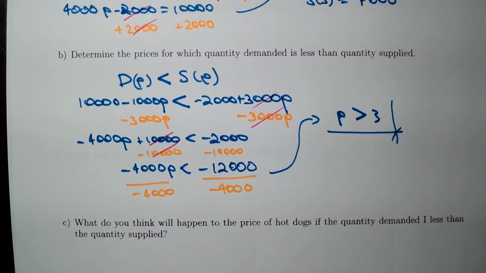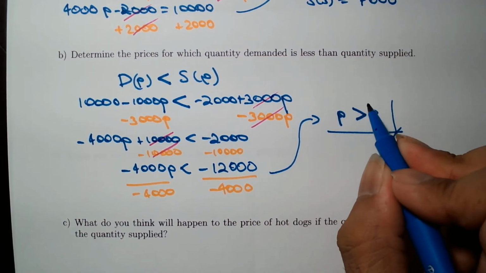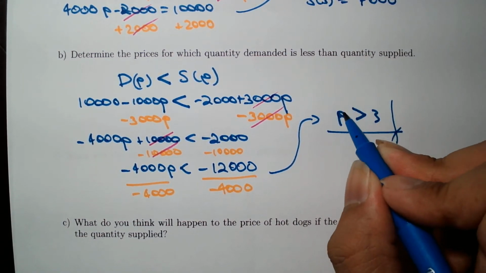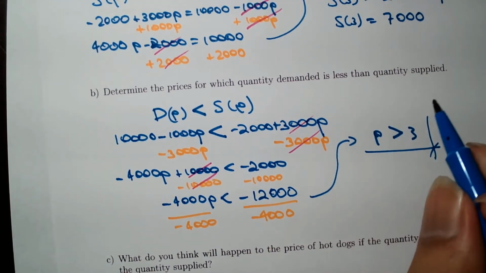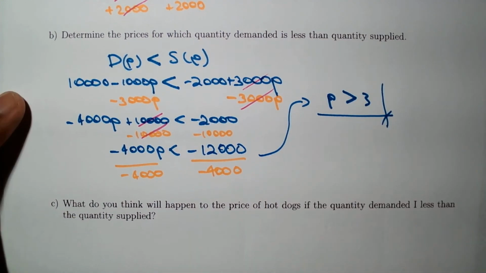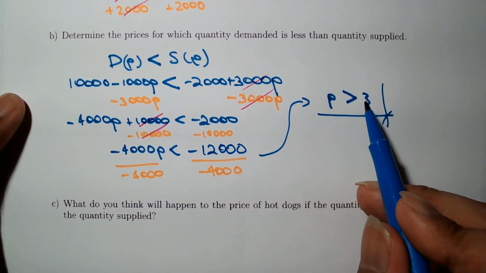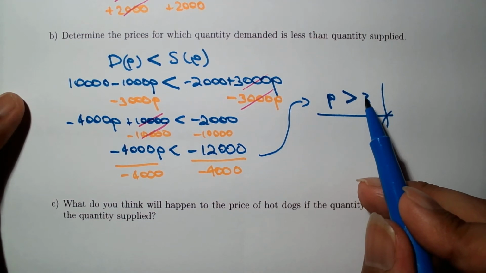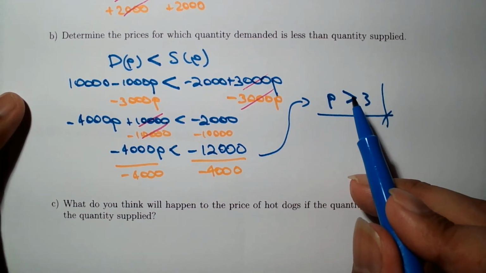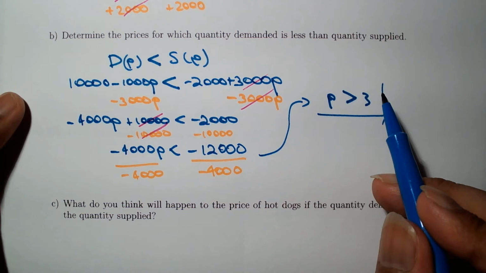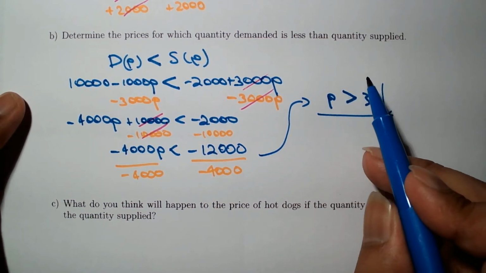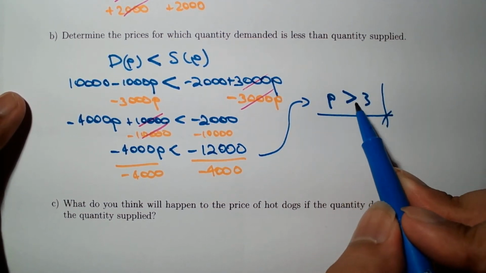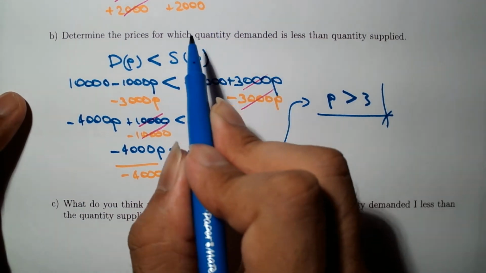Because if we sell for cheaper than $3, then there will be more quantity demanded than quantity supplied. So you don't have enough supplies to meet the demand